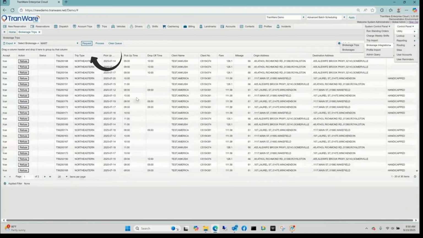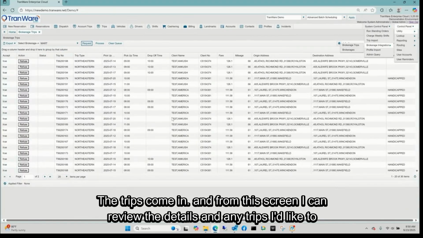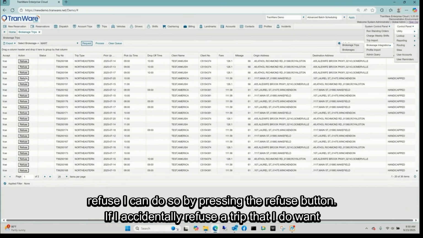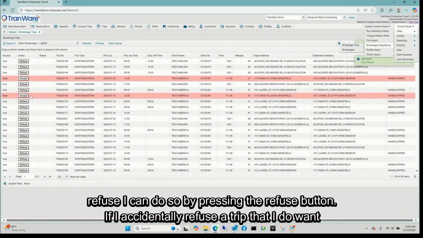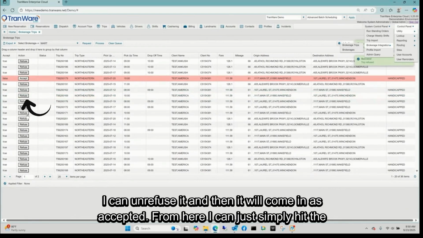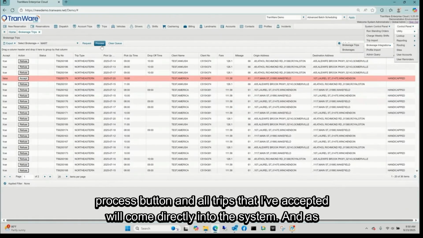I'll hit Request. The trips come in, and from this screen I can review the details, and any trips I'd like to refuse, I can do so by pressing the Refuse button. If I accidentally refuse a trip that I do want, I can unrefuse it, and then it will come in as accepted. From here I can just simply hit the Process button, and all trips that I've accepted will come